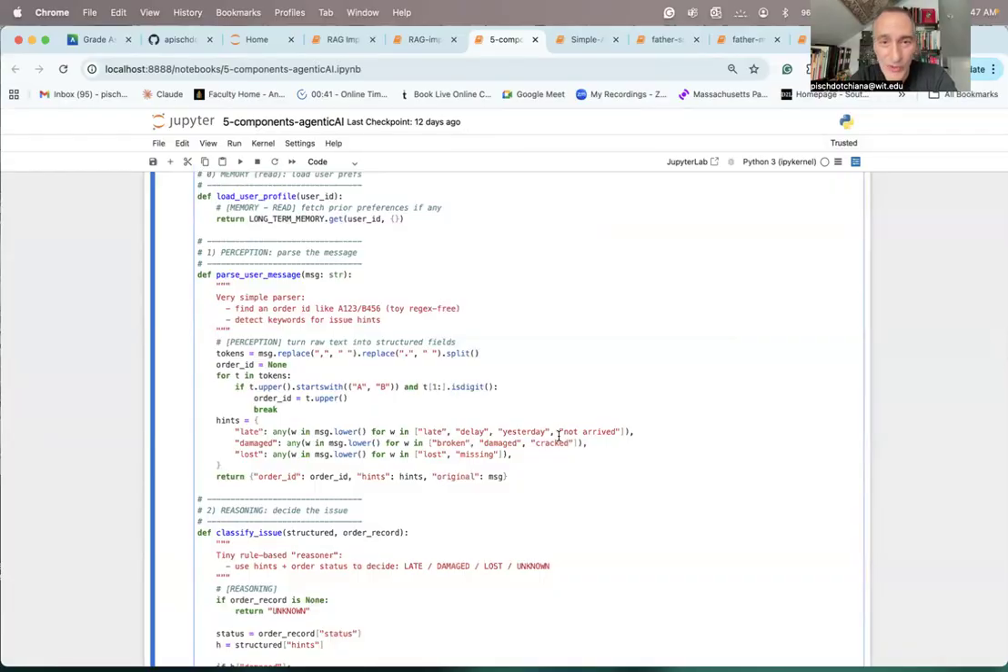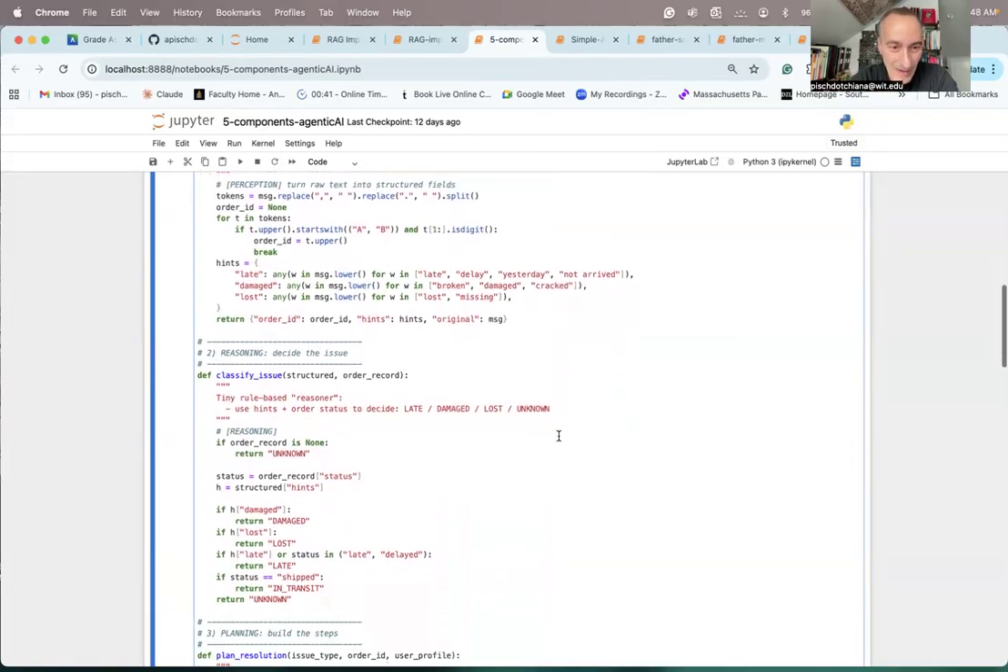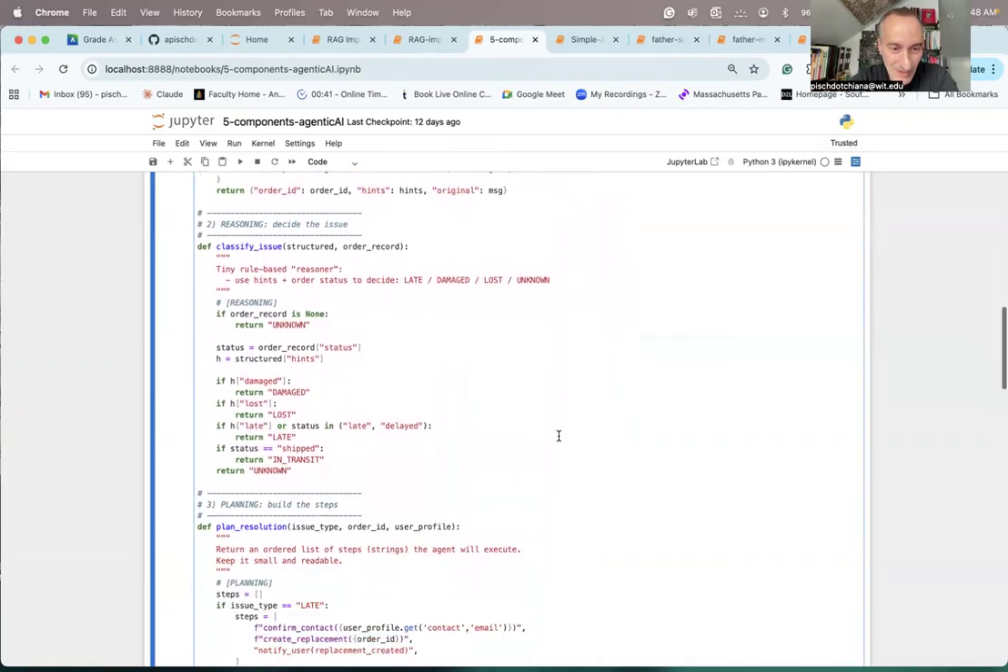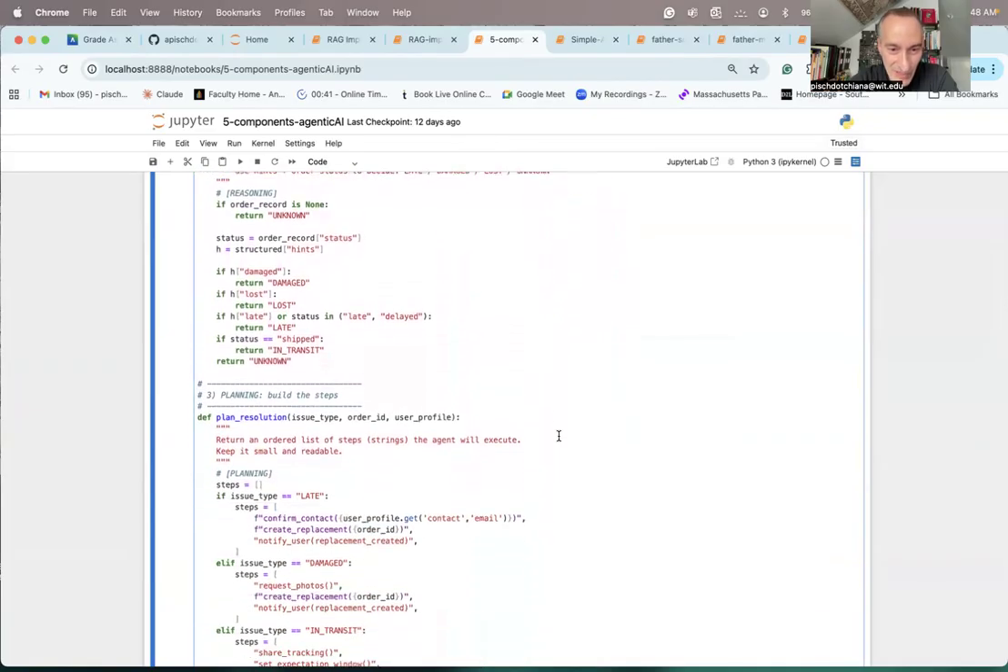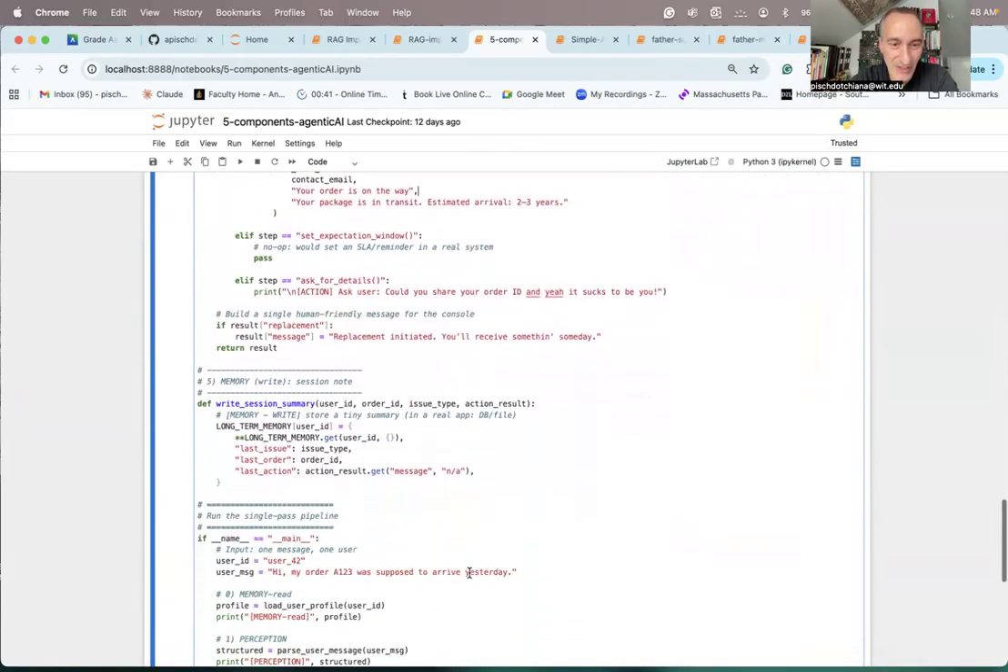Notice I'm not connecting to any OpenAI. There are no APIs in here. There is no SDK tool in here. We're just running through the 5 stages for the sake of it. The planning stage comes in here: if late, if damaged, what to do. And let's begin our